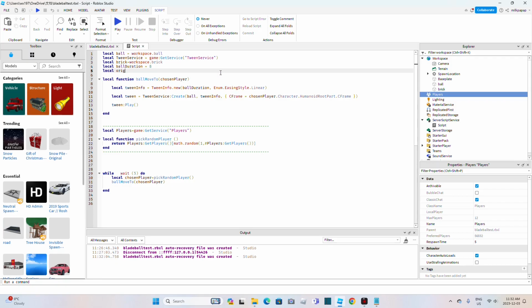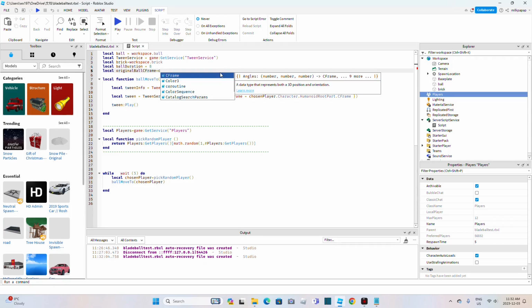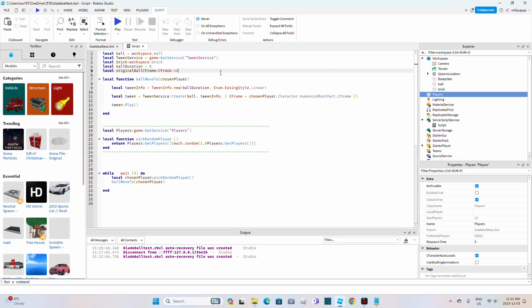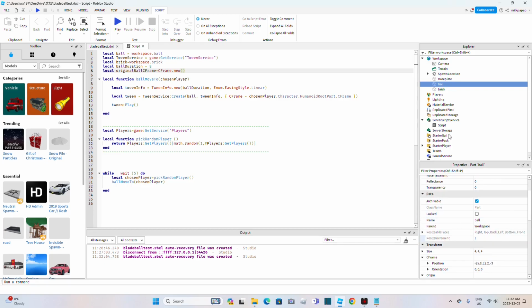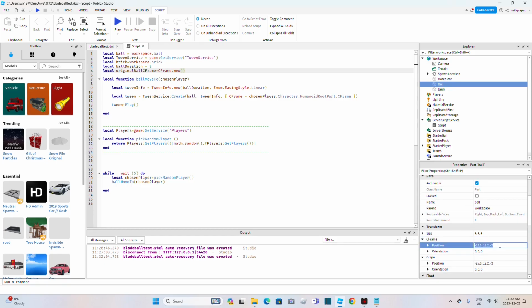So now we need to add a local original ball C-frame equal C-frame new, oops, new, and we need to find the original position, and we add here. This is the original position of the ball, and when the ball moves to the chosen